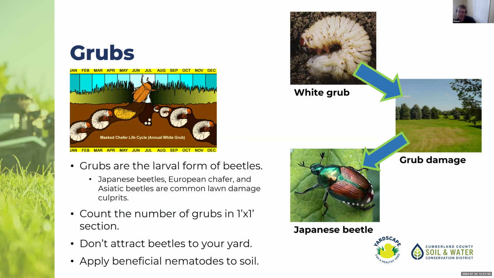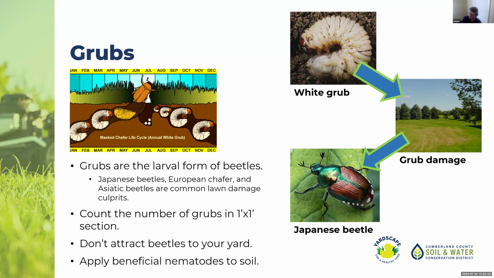So if you have a lot of Japanese beetles or other beetles on your property, you're dealing with the grubs in your soil, and it's also a chicken and egg scenario, dealing with the beetles that are for some reason attracted to living on your property, and then also dealing with the grubs in your soil. The two main things that are recommended for controlling grubs are applying nematodes, which often take a few years of applications for you to start seeing results.